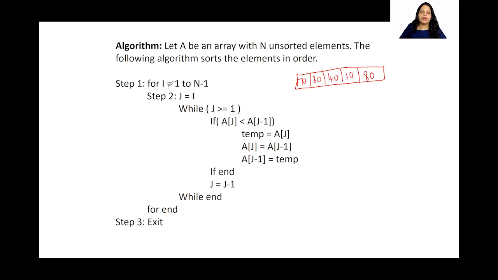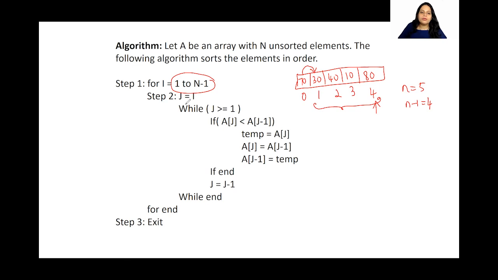For i equal to 1 to n minus 1. So we are starting with 1. Remember, here the indices are 0, 1, 2, 3, 4. And what is the n value here? The number of elements is 5, and my n minus 1 is nothing but 4, which is this one. Now remember we are starting from 1 to n minus 1. Why? Because like I said, we are going to assume that this is in the correct position. We are going to compare from here, isn't it? So that is why we start from 1 to n minus 1.